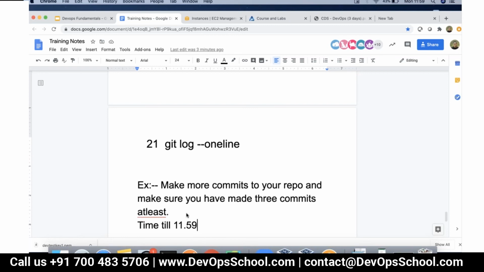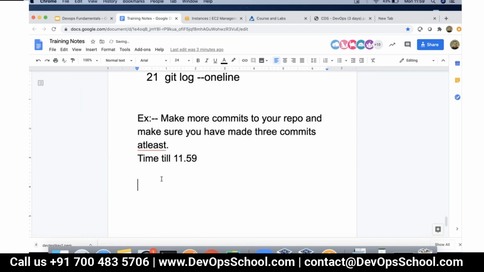Is it done, guys? Now look, we are going to talk about a first method using which you can go back in time and check the status of your code at different commit points in time. That method is called git checkout. Now, when you use git checkout, remember one thing.